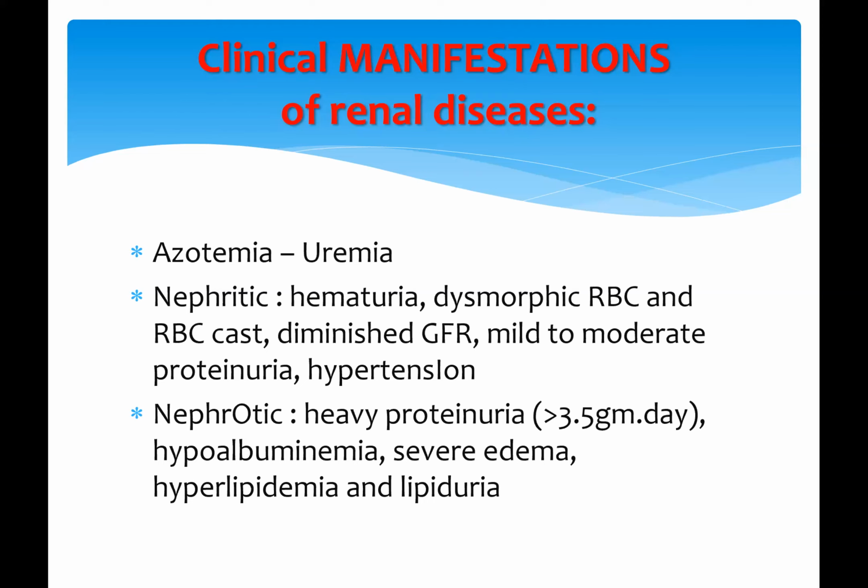When you say that your patient is having nephritic syndrome, these are the things that should be present. You'll have hematuria, which is red cells in the urine that is evident when you do the urinalysis. You're expecting diminished GFR. The protein level can be quantified. And if it exceeds more than 3.5 grams per day, then that is more of a nephrotic rather than a nephritic syndrome.